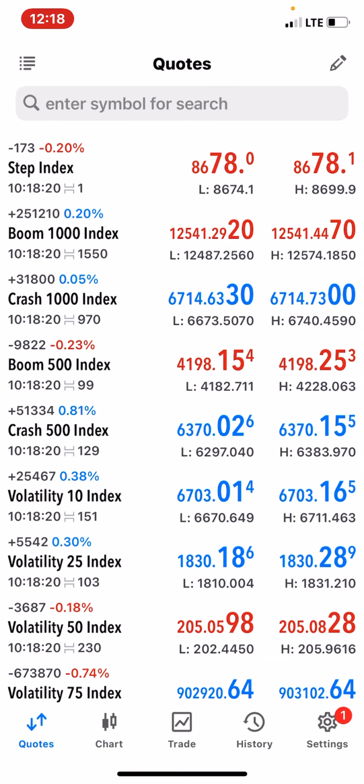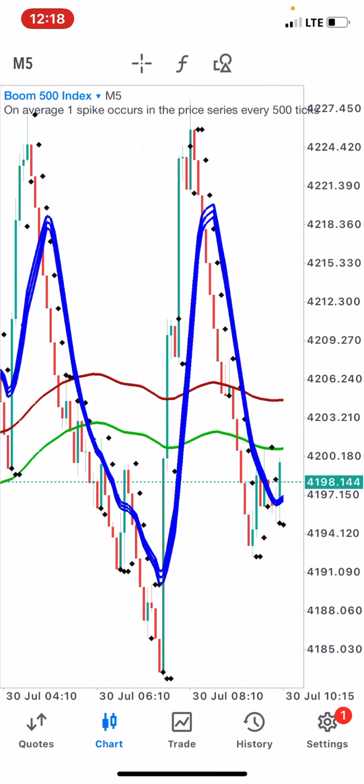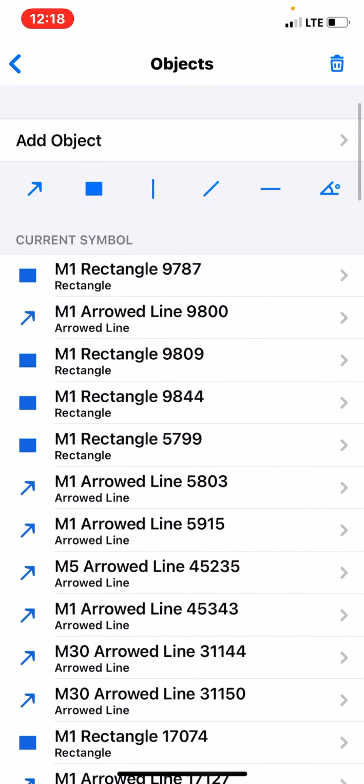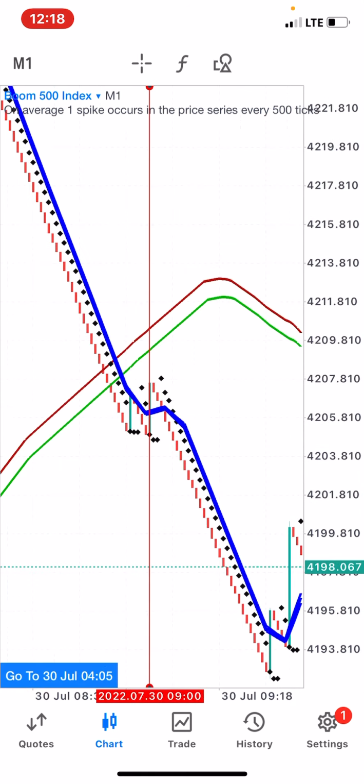You can also go to, we're on crash, right? You can also go to boom, and you'll find out that those are the same conditions that will be met, except this time it's the opposite. First of all, you have to establish if you're in a downtrend, and it seems like we just started our downtrend here. We just started our downtrend here, so anything to our right in the market is a downtrend so far. And then if you go to your 1 minute time frame for entries, our downtrend starts here,